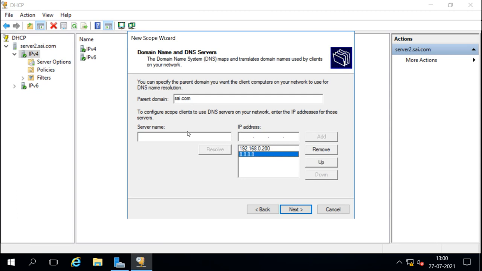And if we have any other DNS server or name IP address we want to add, then we can give the server name here, or we can give the IP address here, and then we can press add. So it will add that DNS server address also. So it is already added. If it is not added, then we can add it here. We can add the domain name manually, we can add the DNS server name or DNS server IP, and then we can add it here. Now this is already added, so we can go next.